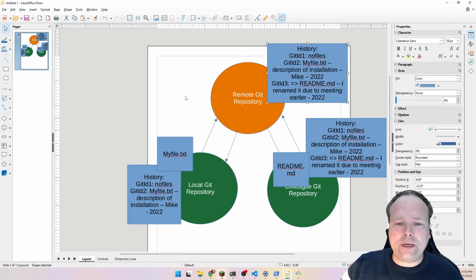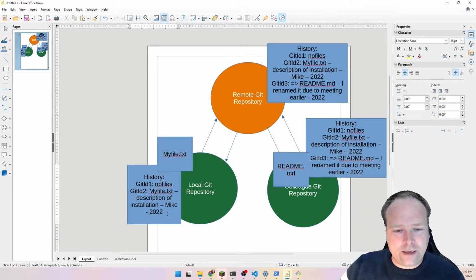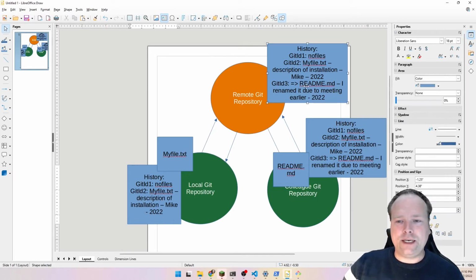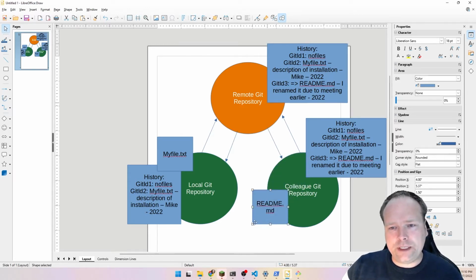And then whenever I try to make a new change, I cannot push my code because there was this Git ID 3 right here. So I have to pull this change before I can actually push some new code. So this means collaboration. Everybody actually has a version of the truth on their own machines, and